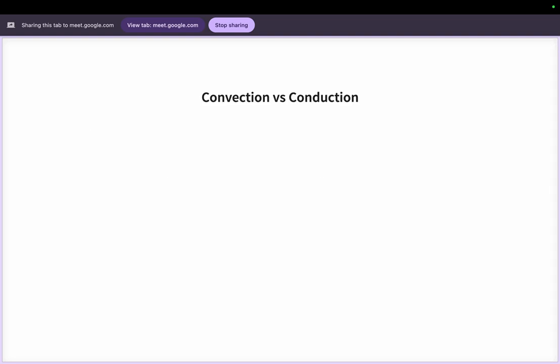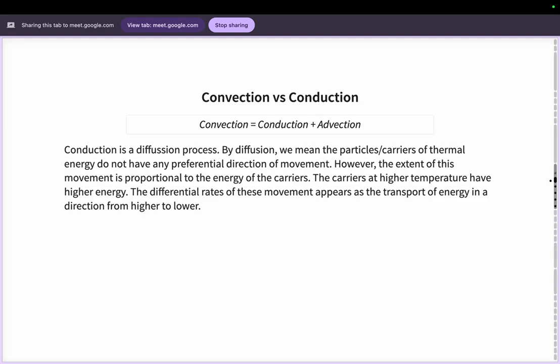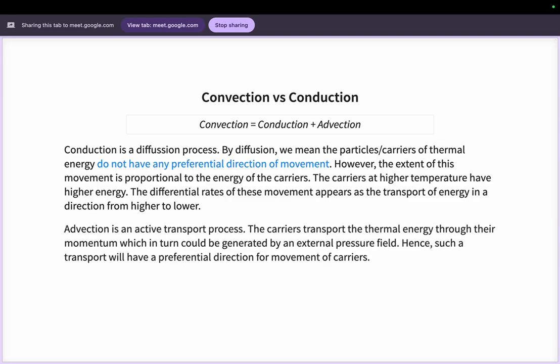And I hope you're already familiar with the difference between convection and conduction. Just as the terminology goes, convection is basically conduction plus advection. The major difference between these two phenomena lies in, as you said before, the driving force and what is being driven. Conduction is basically a diffusion process where the particles do not have any preferential direction of movement, which means it's completely random. They move in all directions, but because the relative concentrations are different in different spaces, we tend to see the direction move from higher to lower, but in reality, it is completely random. But advection is an active process where the particles will have a preferential direction,